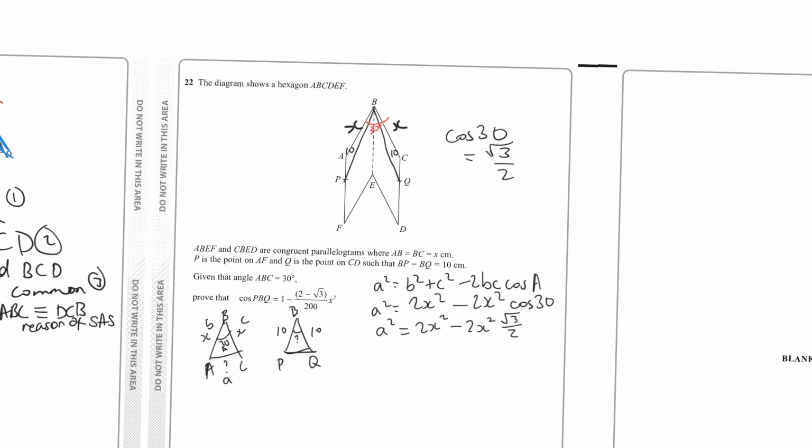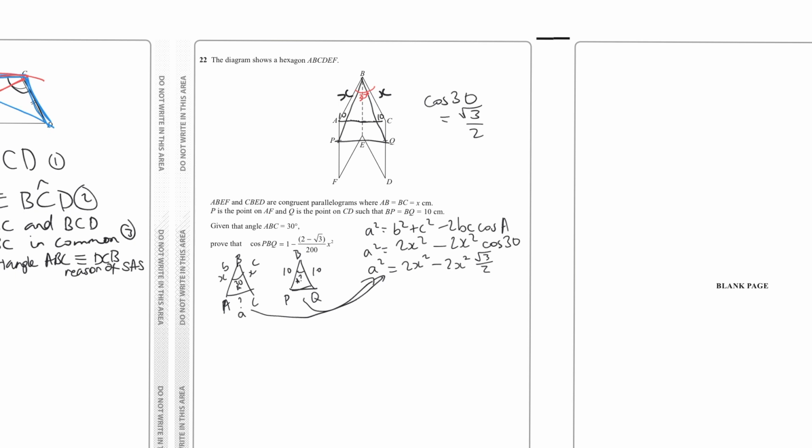So notice how the line AC is the same as the line PQ. So we know if that's equal to that, then that is equal to that. So therefore, we could also use the cosine rule, but we're going to work out what the A for this triangle is. So if we were to rearrange that equation to make A the subject, aka the big capital A here, it would be A squared minus B squared minus C squared